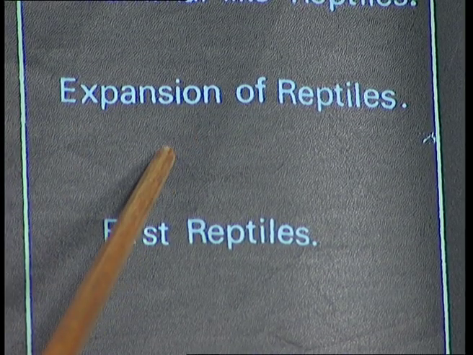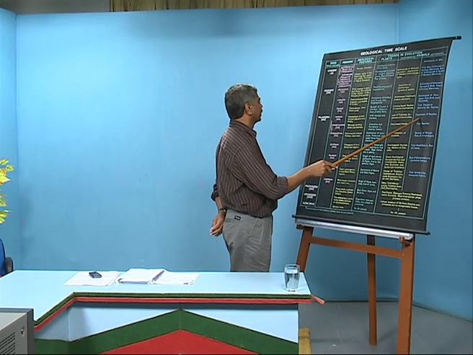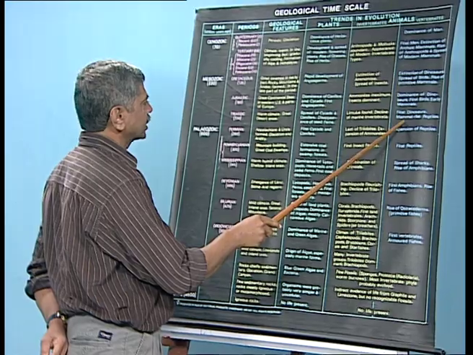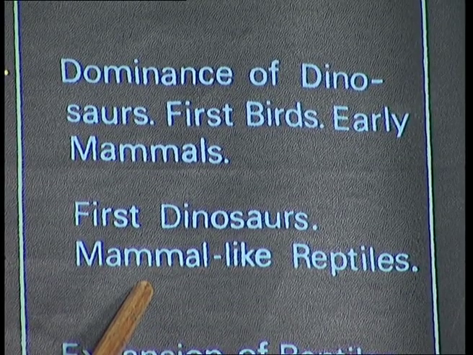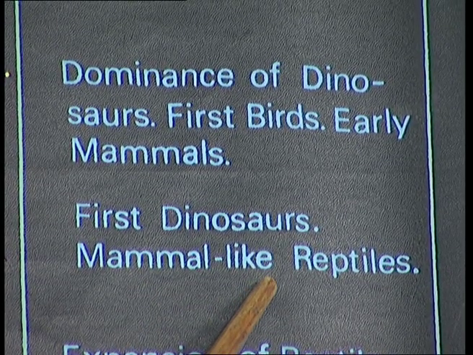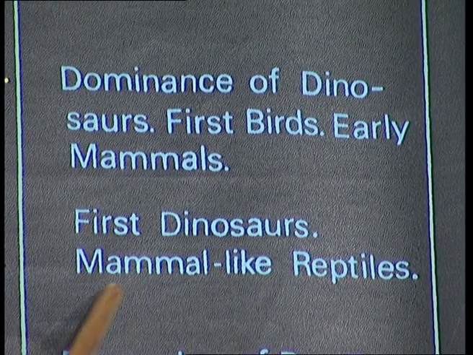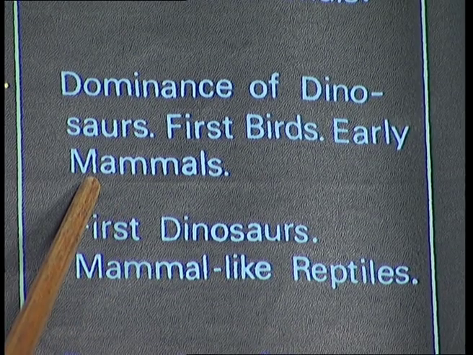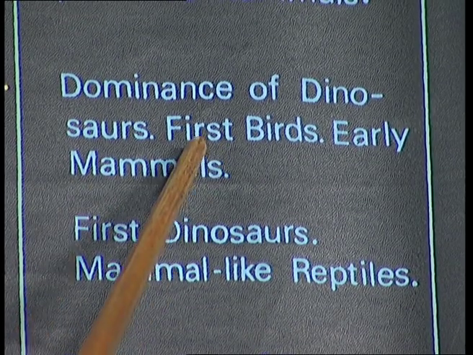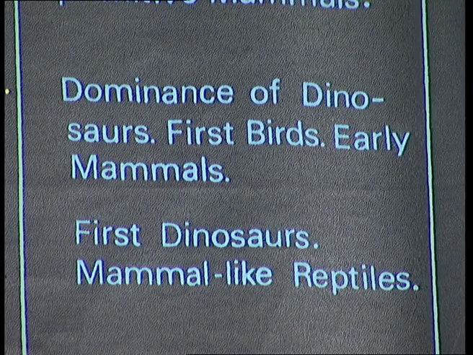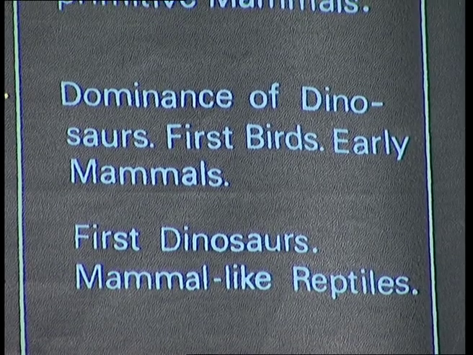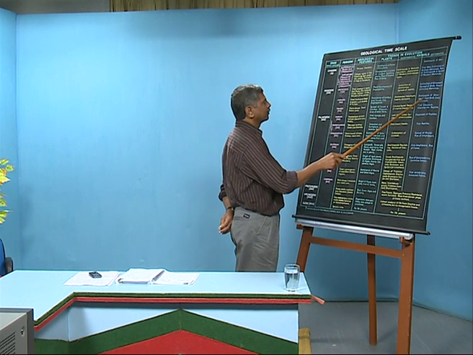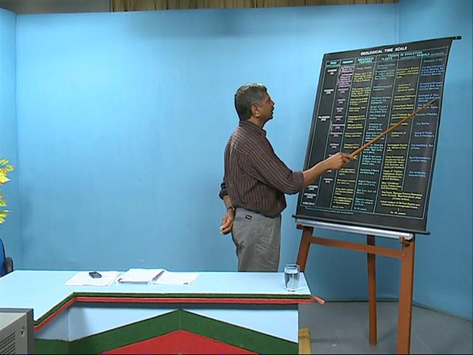Reptiles expanded during the Paleozoic period, and during the Mesozoic era, that is during the Triassic, the first dinosaurs and mammal-like reptiles, reptiles which have similarities with mammals, have been identified. And during the Jurassic, there was dominance of dinosaurs, and the first birds started during the Jurassic period. That means around 180 million years ago in the geological time scale, the first birds appeared and the early mammals